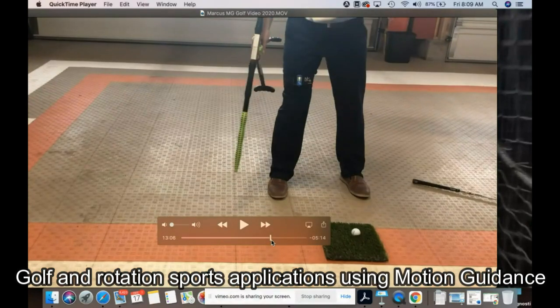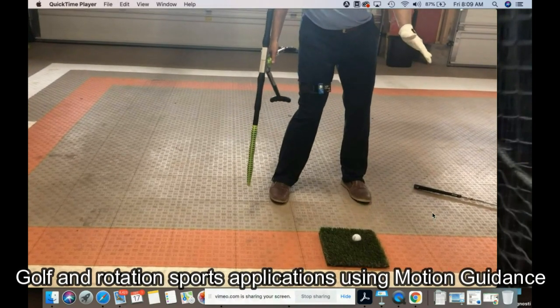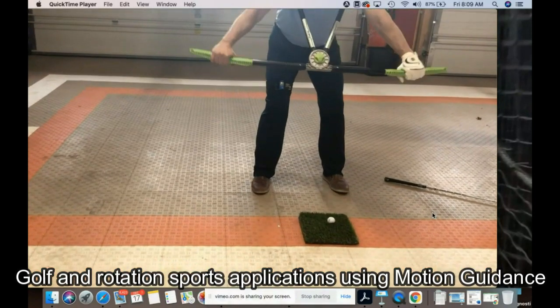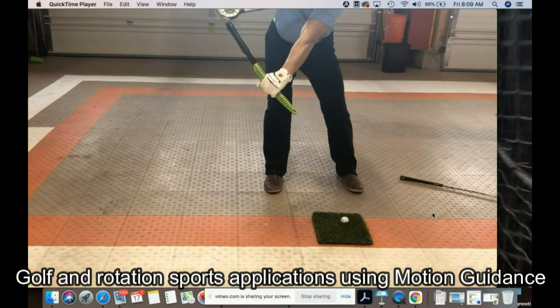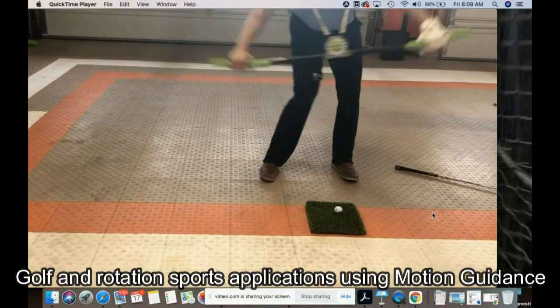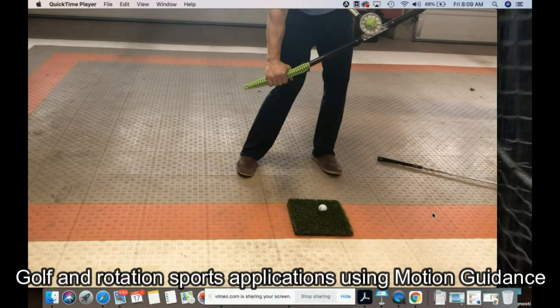Now, this is an important aspect as well, especially for any rotational sport. So we're using it for golf in this case, but for proper mechanics with hitting a ball with baseball, maybe even throwing mechanics for throwing a football, with swinging a bat, anything like that. Lacrosse, the applications are endless. But getting that appropriate knee drive coming in as I'm working down into the contact phase of my swing